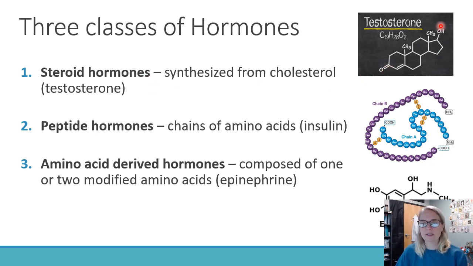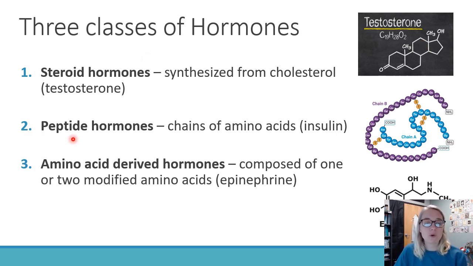I'm just showing you these molecular pictures for interest purposes. You don't have to know their actual chemical structure unless you really are into that. So here's what testosterone looks like. It's a huge molecule. It's got 19 carbons, 28 hydrogens, and 2 oxygens. This would be an example of testosterone being synthesized from the base molecule cholesterol. Cholesterol is actually this 5-ring chain, and it's these offshoots that make it different. Estrogen looks very much like this, but the side chains are a little bit different.